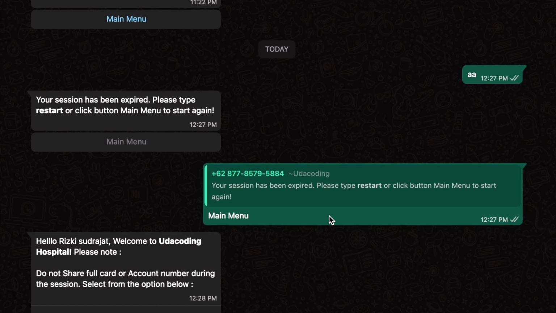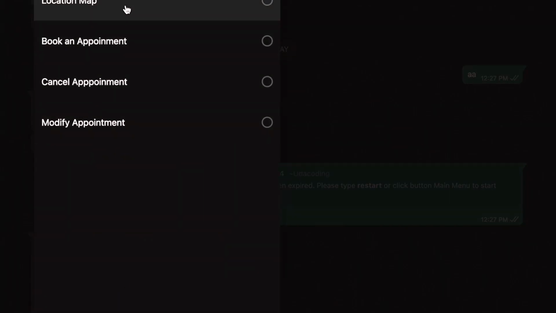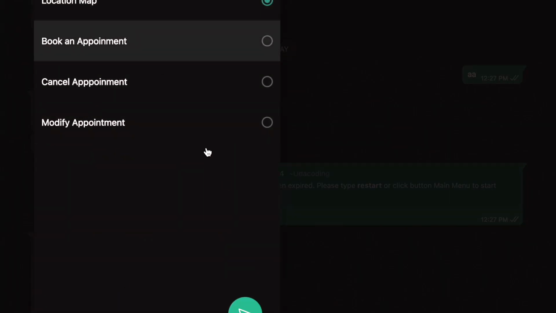Today I will demo a presentation about the booking system using WhatsApp API and Meta for developers. Okay, for the beginning we can start from the menu. We can start here and then we can click, for example, location map,